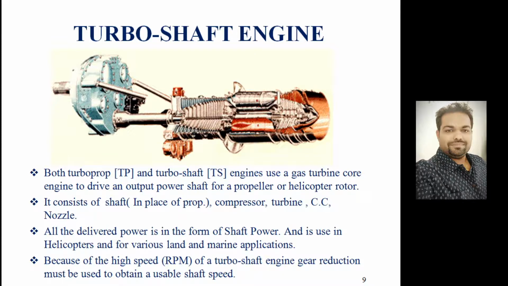In turboprop, we are attaching a propeller, right? The propeller may be six-bladed or four-bladed, but here it is a helicopter propeller. It has a larger length compared to the propellers we use in the turboprop configuration. So it is a combination of this core jet engine, usually compression and turbine combination with a combustor. The core jet engine is attached with a shaft, right? In turboprop, it was the core jet engine attached with a propeller.